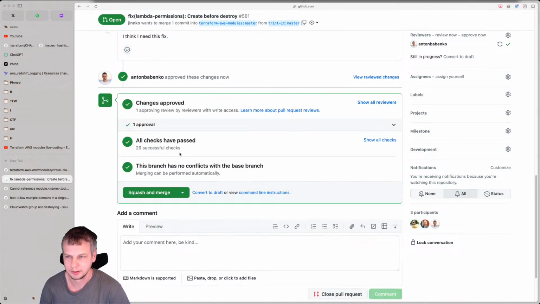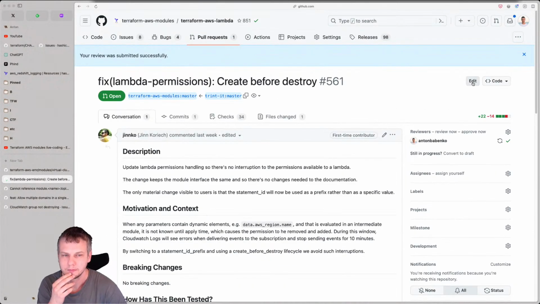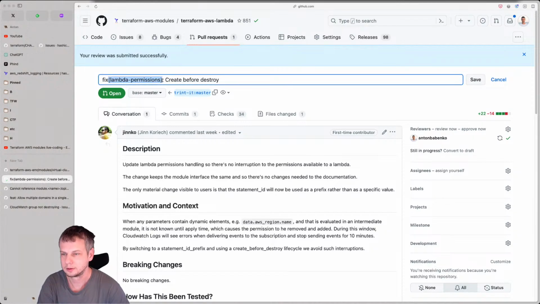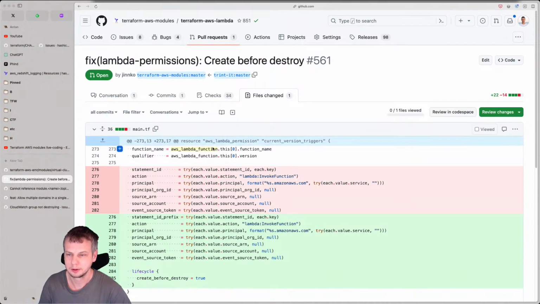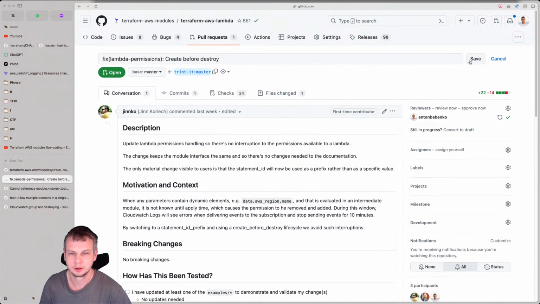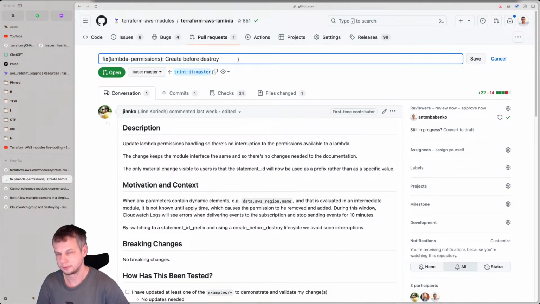Let's approve it, and let's click create before destroy on the Lambda permission resource, right? Lambda permission on create before destroy on AWS.